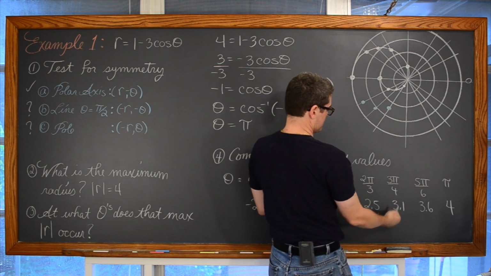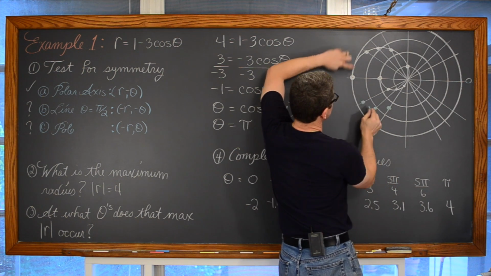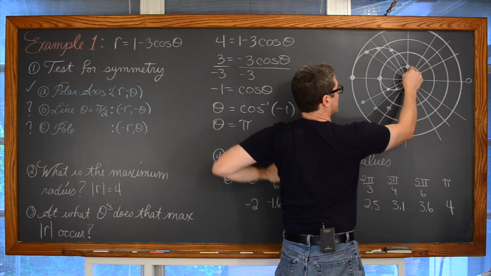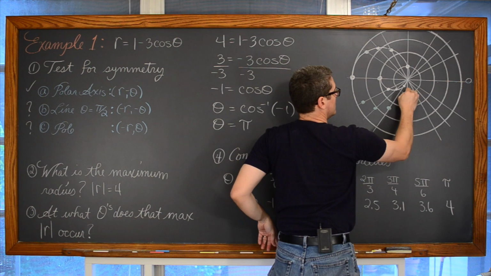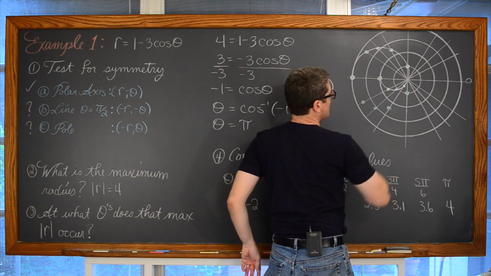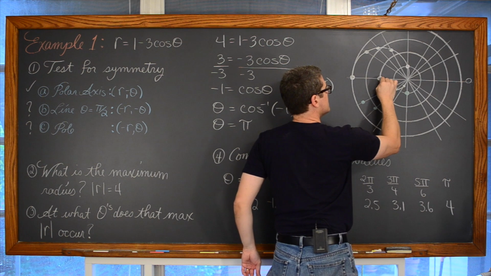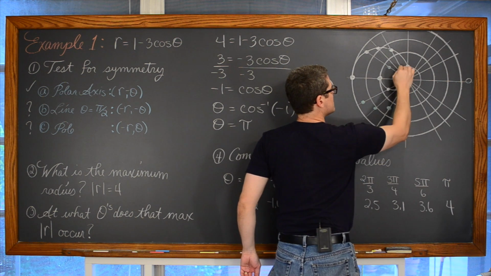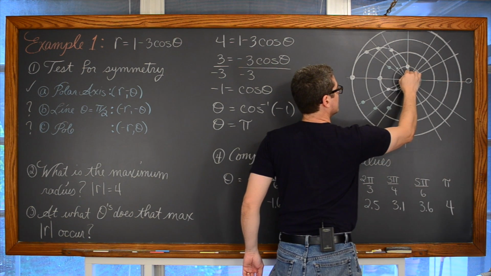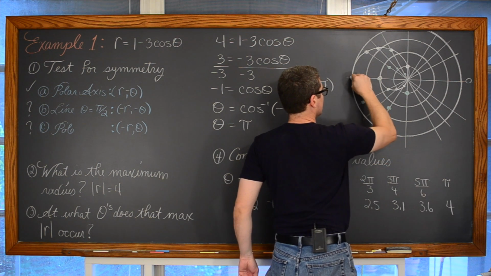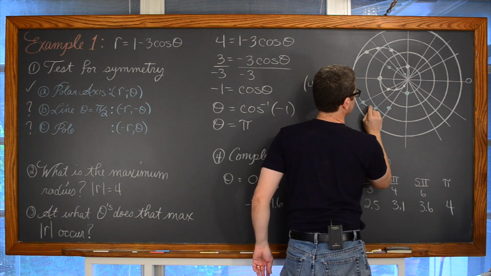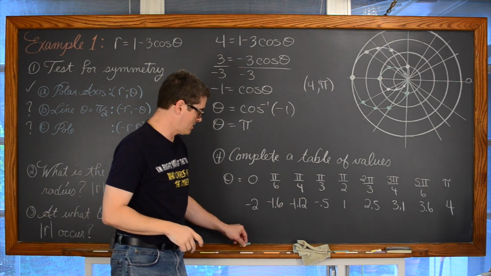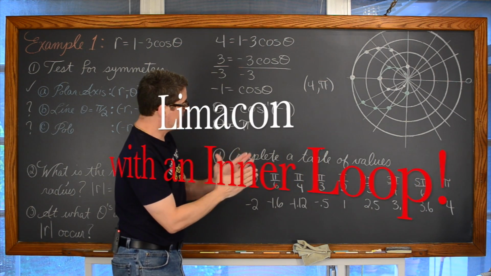It's actually easier instead of looking at the numbers. Let me just keep the pattern going here. So this is reflected down, this is reflected down, this is reflected down. Here at pi over 2, we were at 1, so we're going to reflect that down to match this radius of 1 reflected over the polar axis. This is going to reflect over to be itself, this is going to reflect up now. And this point's going to reflect up and up. Try not to lose your track here. And that is the other half of your cardioid. So that is the end of our first example.